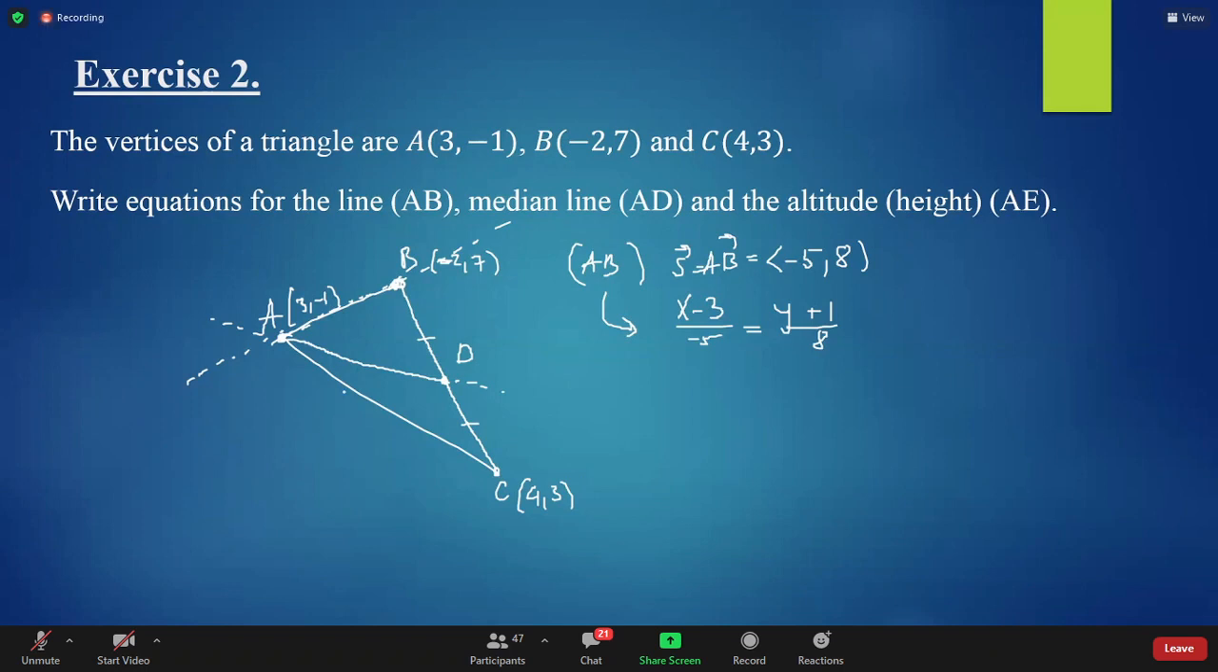Or another option is, we already have the vector AB. We could find the vector AC and think vector AD is half of the sum of AB plus AC. So there are possibilities. For me to understand what possibility you are using, if you have a choice, you should write down, you should explain what exactly it is that you are doing. So in this case, for AD,